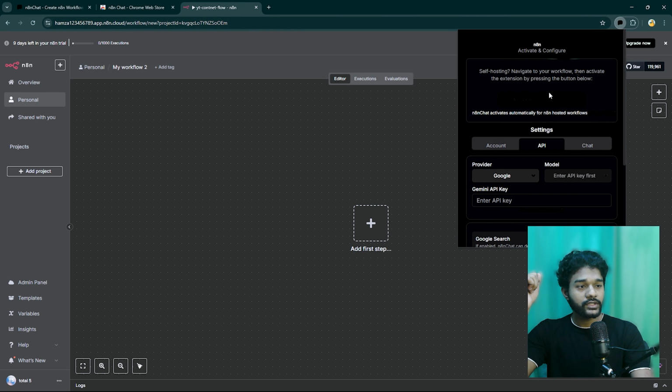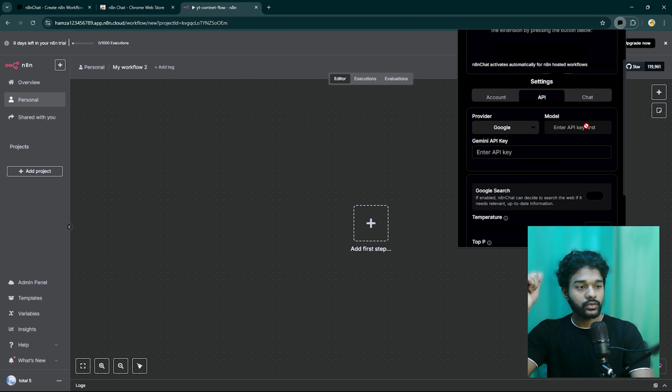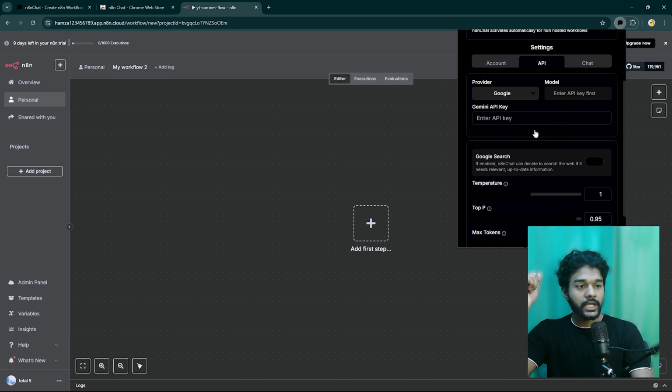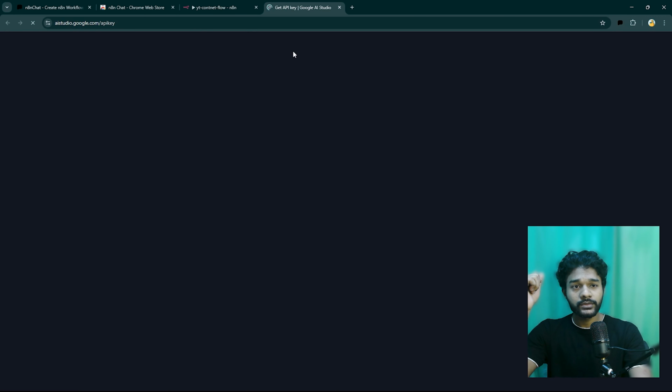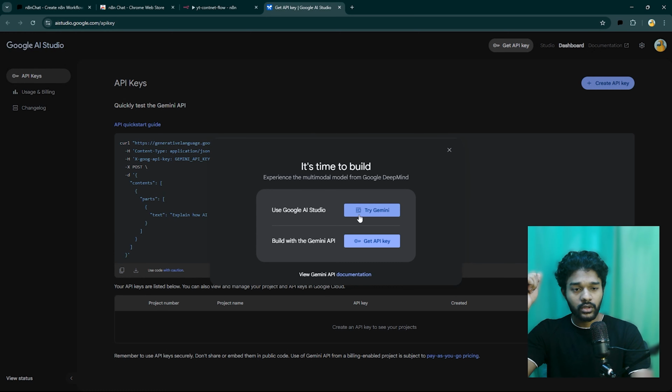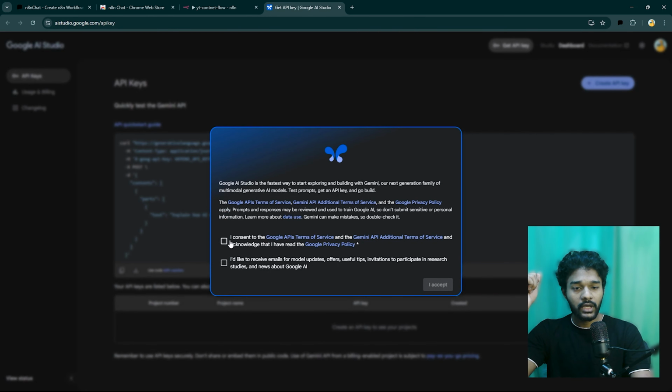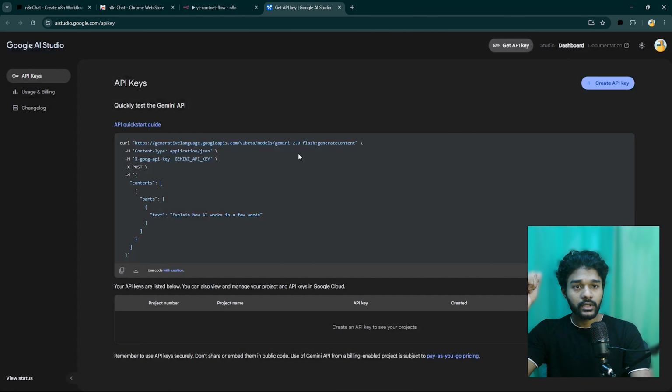Now here, let's see, it says an API is required. So here what we are going to do is we need a Gemini API key. So from this you need to just hit get Gemini API key. Now it will redirect you to their website, to AI Studio. Now all you need to do is get the API key, accept the terms, hit I accept and wait for a second. Now hit create API key